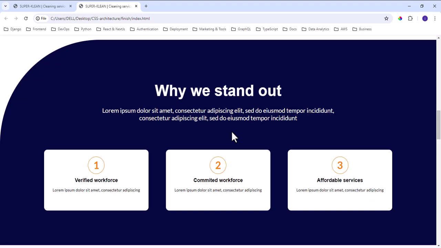Okay, so now let's work on the features section. And looking at the features section, you see it actually has two parts. The upper part containing text and the lower part having three columns, each of which has text and heading, and these circles with the column number. Now, from the way you look at these, you can see that this is a section of the page that